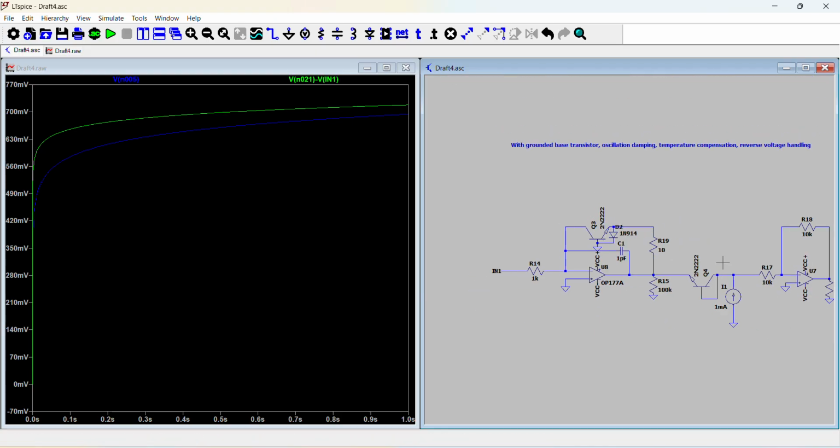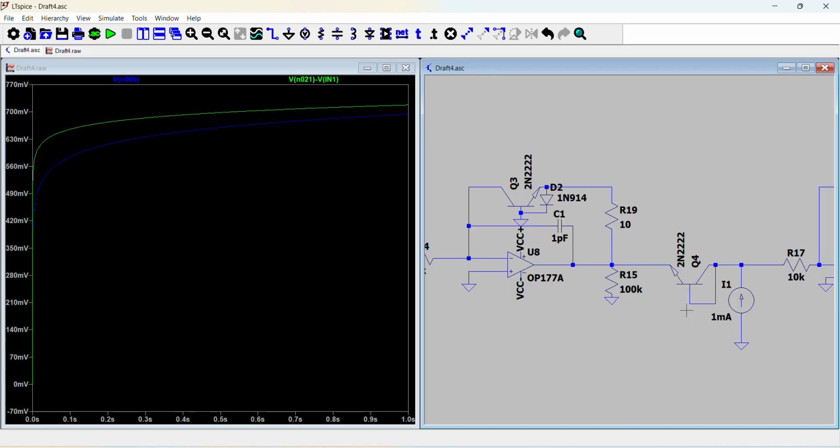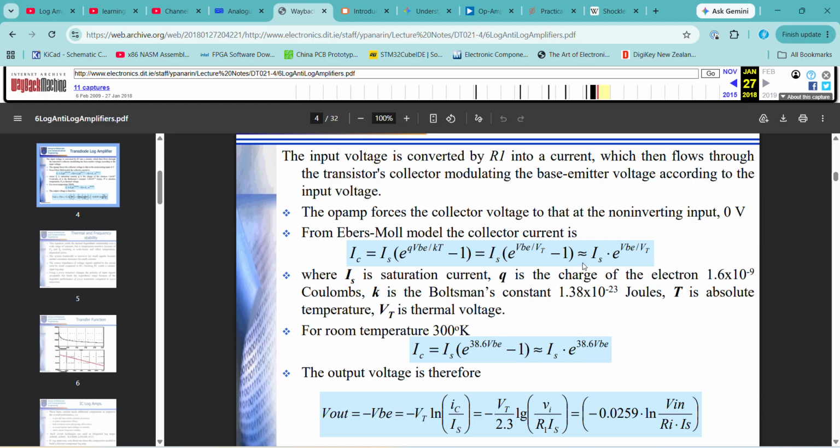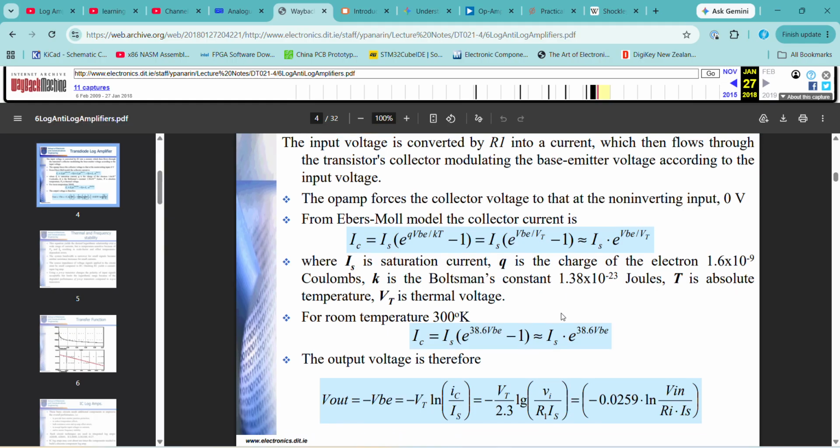The next thing I want to talk about is this sort of temperature compensation circuit. What actually happens in the Ebers-Moll equation is that when you simplify everything, there's this IS, the reverse saturation current factor, and this VT, the thermal voltage, and both of these vary a lot because of temperature. So what ends up happening is you have to add in compensation to take care of this. So the way that it's done is that